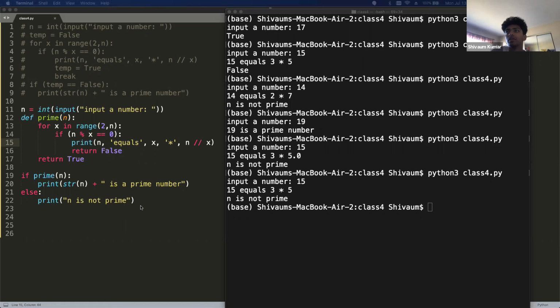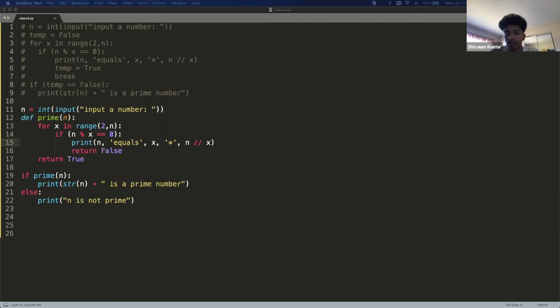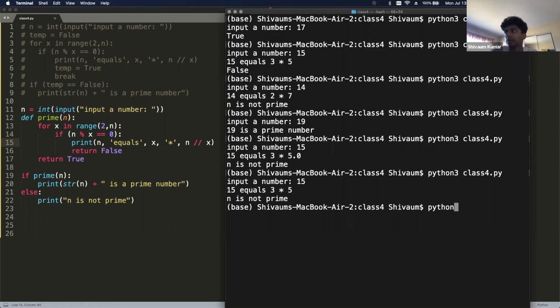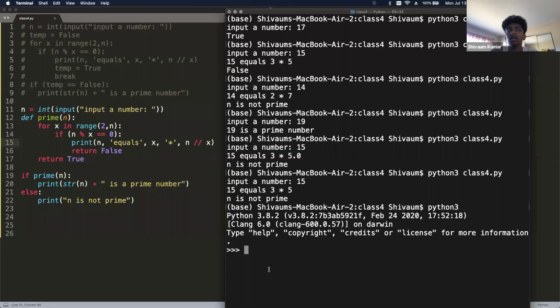Another thing that floor division is used for, so I'll quickly just show you guys. So basically I'll go into a Python console right here in my terminal. And then if I were to do, for example, 5.0 divided by 2, I'll get 2.5. So that's just normal division. This is a separate example, guys. I'm just showing you the difference. This is normal division. And then if we do 5.0 using floor division, which is a double slash, then it will just give me 2. So basically, when you use floor division, it will give you the integral part of the division. If you guys remember that word from math, integral meaning whatever is not the remainder.